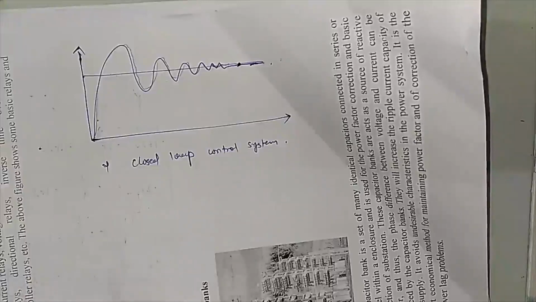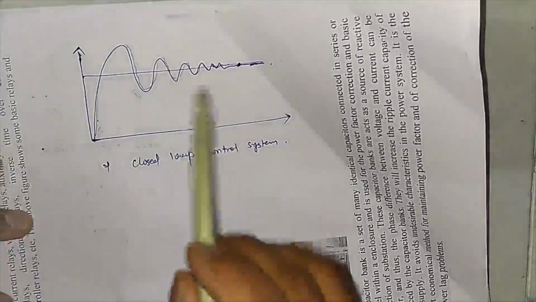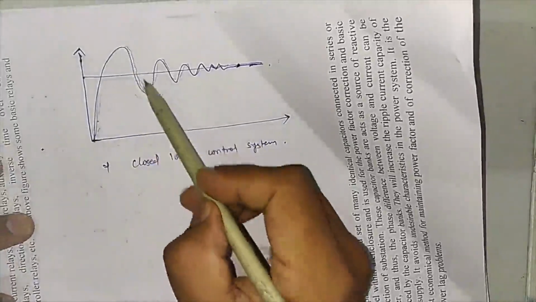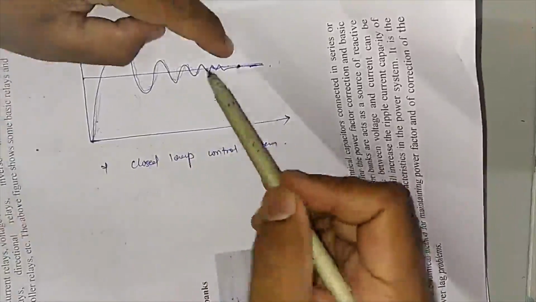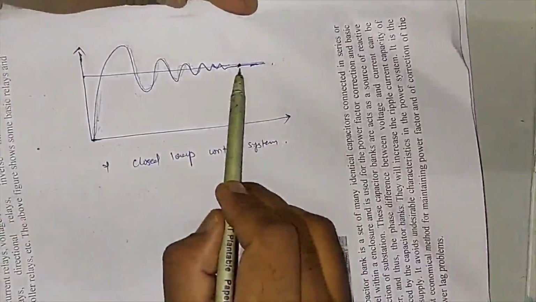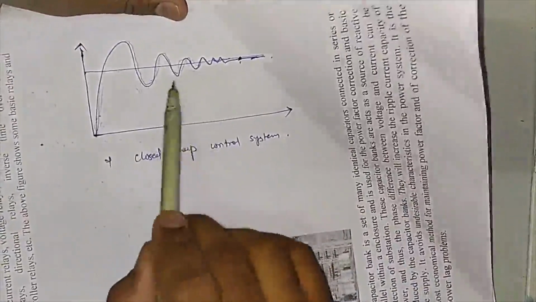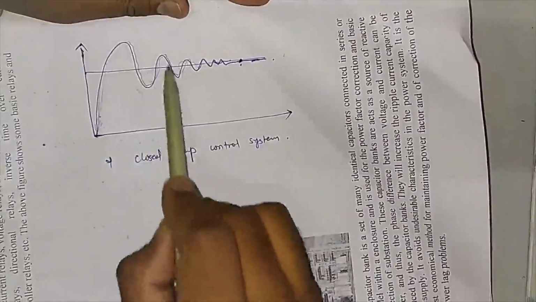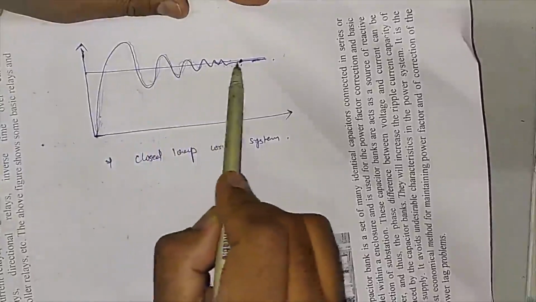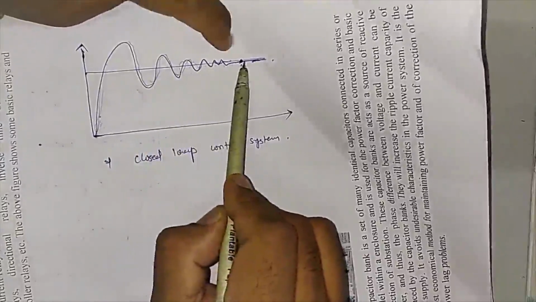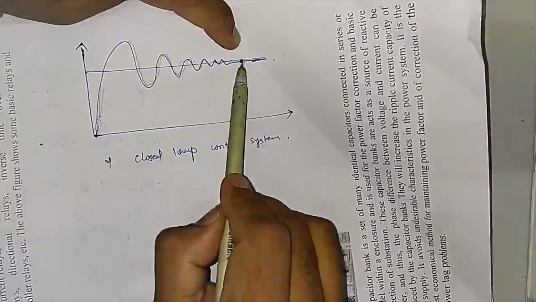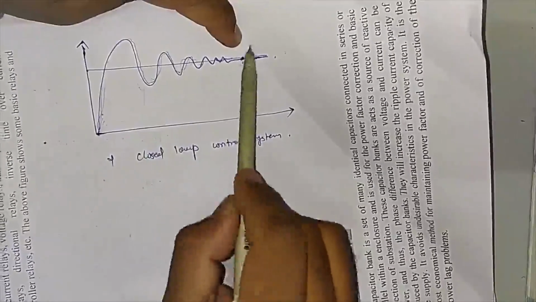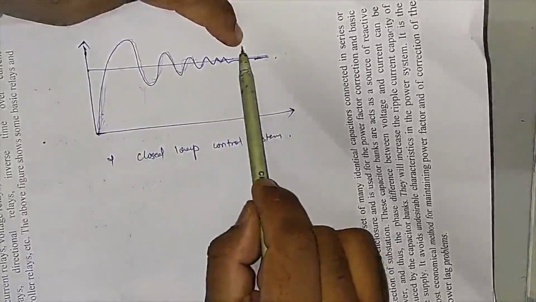Okay, over here there will be some oscillations. That means oscillations come in the output. Now the system has the capability to oppose this oscillation. So it will oppose, and by opposing, it will die out the oscillations. That tendency is known as your zeta. So that factor is measured in terms of zeta.